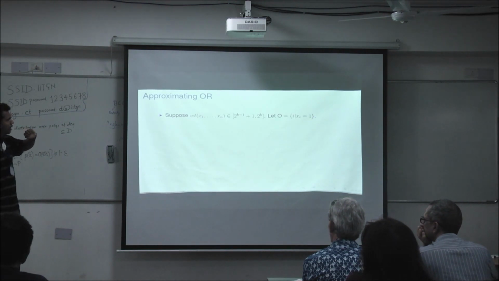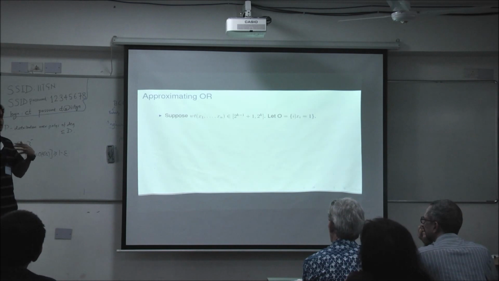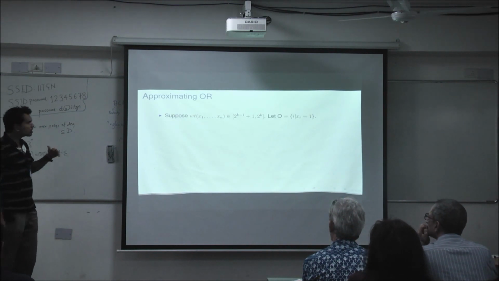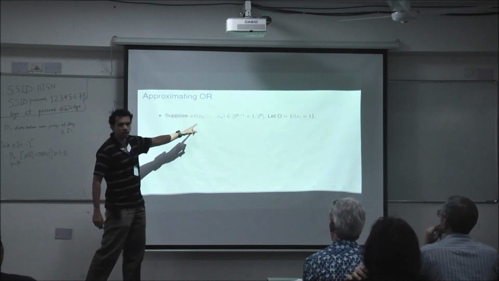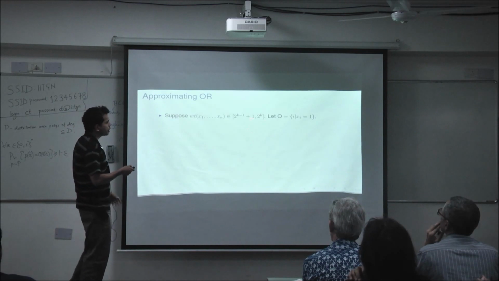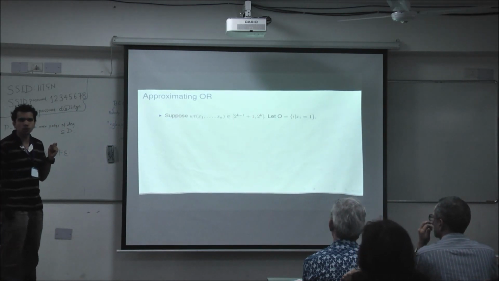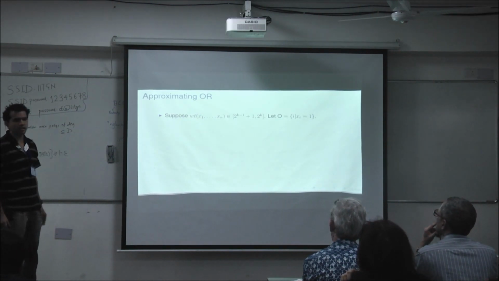Let's start off with a simpler case of the problem. Suppose I want to compute the OR function. The OR function is 0 at the all zeros input, and it's non-zero at any non-zero input. Let's assume right now that the input I've been given is either the 0 input or a non-zero input that satisfies the following property: the weight of the input, which is the number of ones in the input, is between 2^(k-1) and 2^k. So I know it to within a factor of 2. I'm telling you this beforehand. It's either 0 or it's something like this.